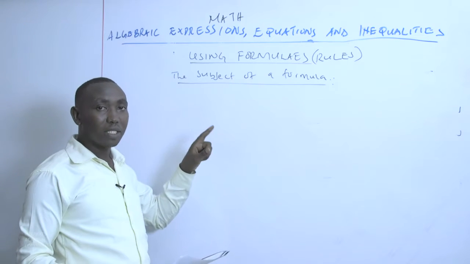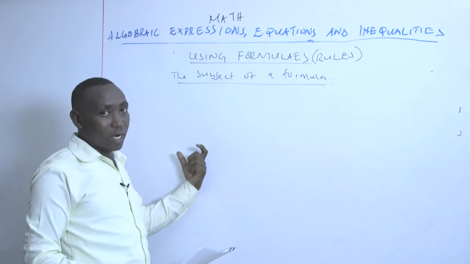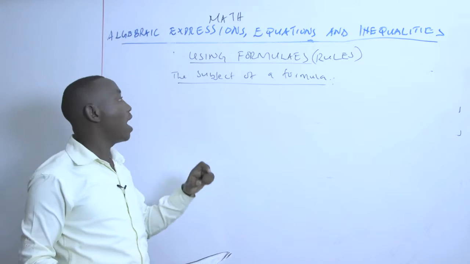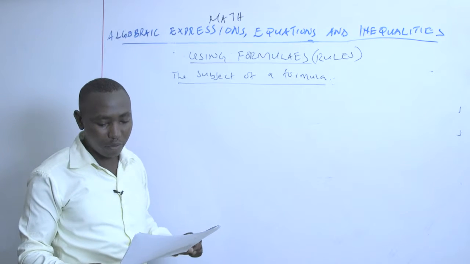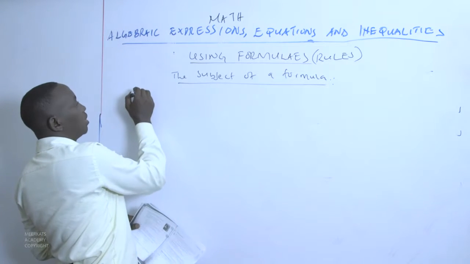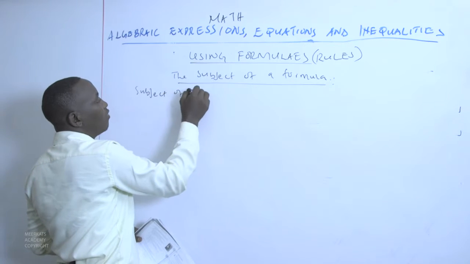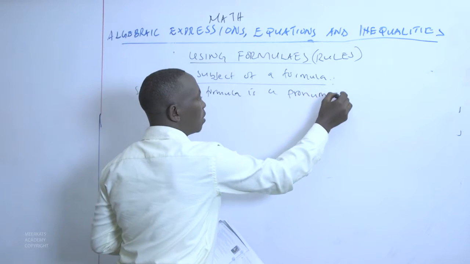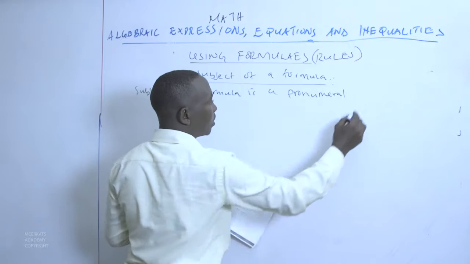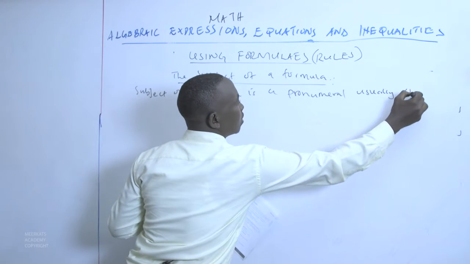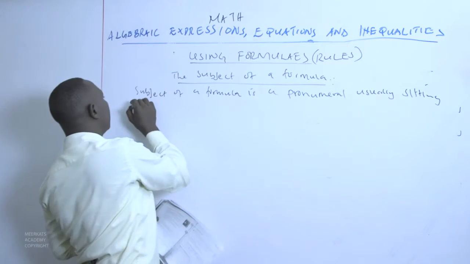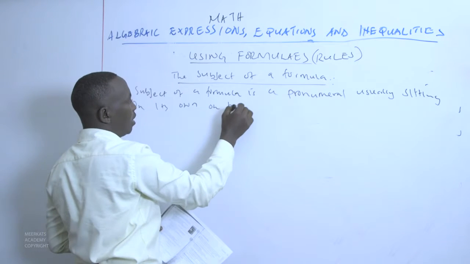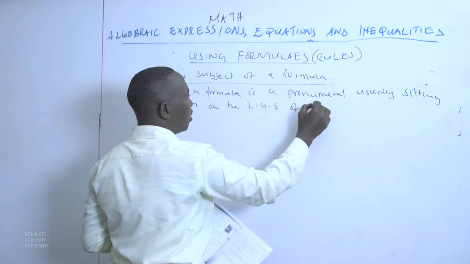So whenever we express a term to be on its own in one side, then all the others in the other side, we refer to that particular variable which is on its own as the subject of that particular formula. So the subject of a formula is a pronumeral, usually sitting on its own on the left hand side of an equation,